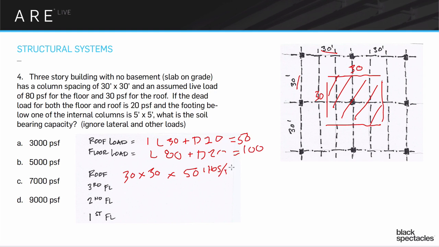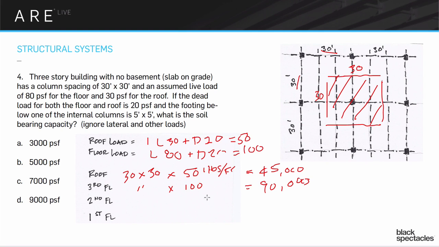Pounds per foot. I'm probably not going to do that on the other ones because it keeps clicking me out. And you multiply that out, and that gives us 45,000 pounds. And then on the third floor, we have the same 30 by 30, and then we're going to multiply that times the 100 pounds per foot, and that's going to give us